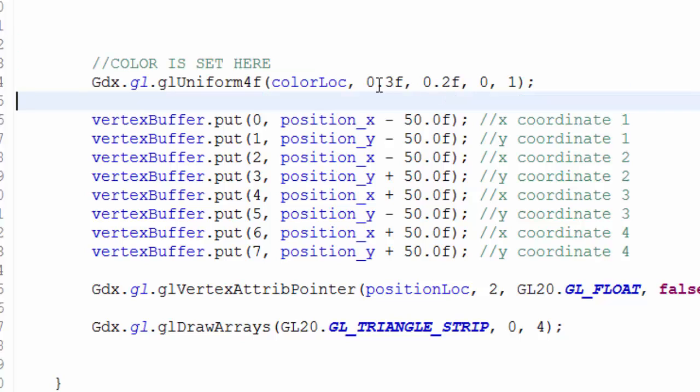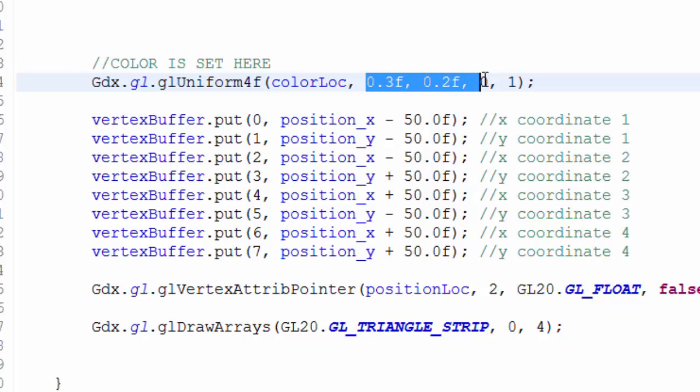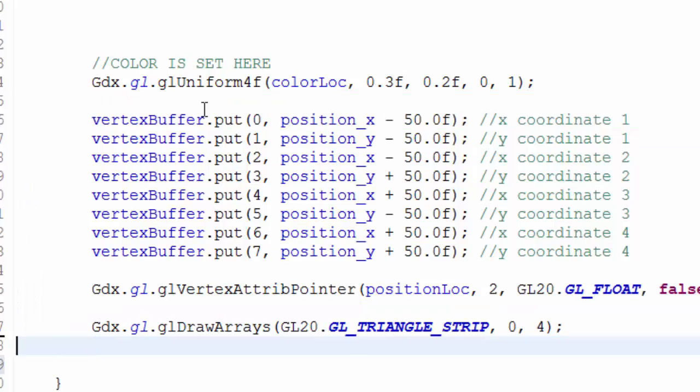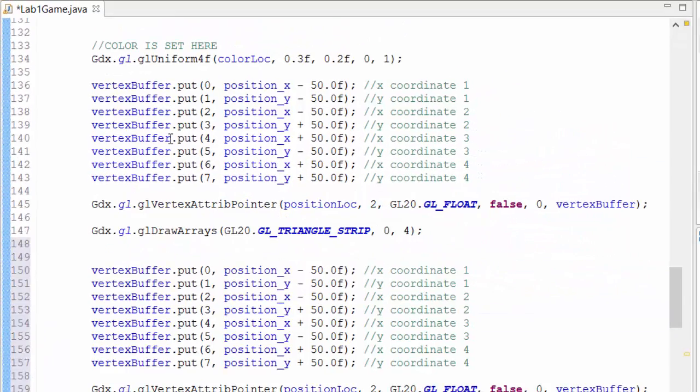And what we're doing when we set the color is we're simply taking these values and we're saying these are the values that are supposed to be set to the color variables in our shader. And once we've set those variables to specific values, they'll stay unchanged until we set them again, meaning that everything that is drawn after we call with this color will be drawn in that color. Right now we're just drawing one single box each frame, but if we were to simply copy this code and double it, and while I'm doing it, I'd like to stress that this is not a great way to do